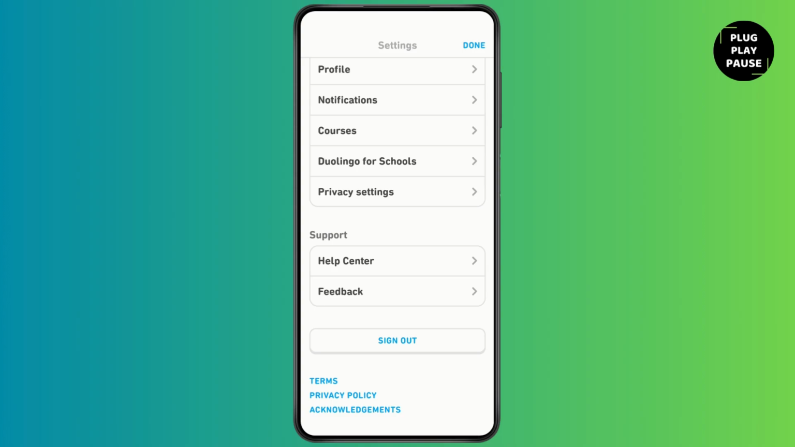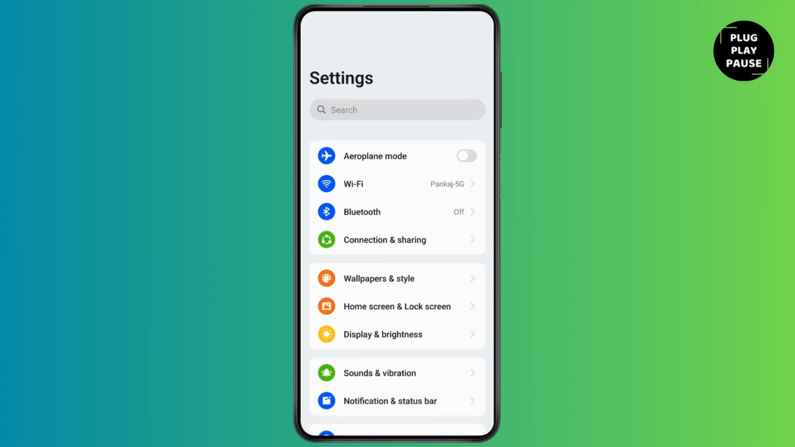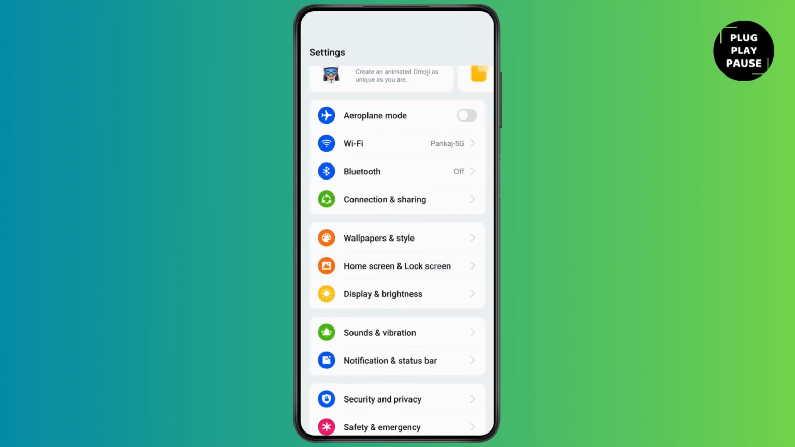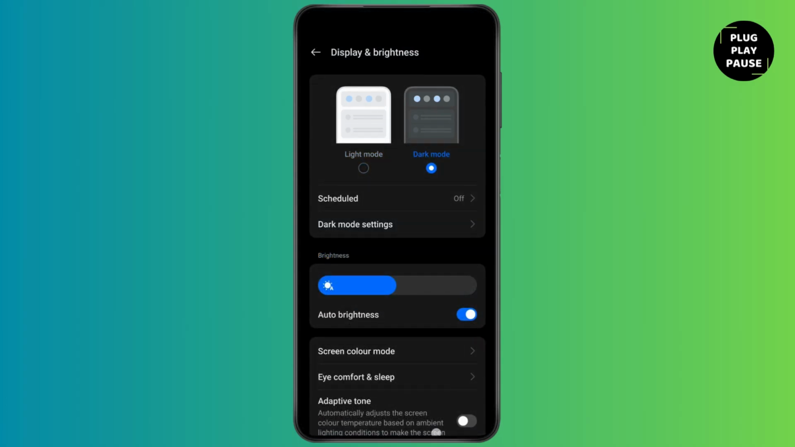If you don't find that option, go back to your home screen and open up settings on your device. Now go to display and brightness and toggle to dark mode. Now go back to the app